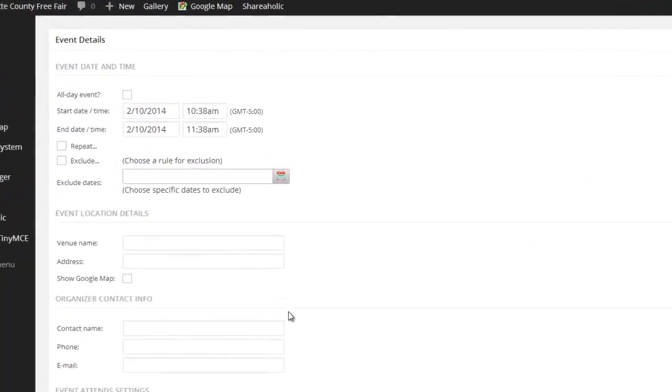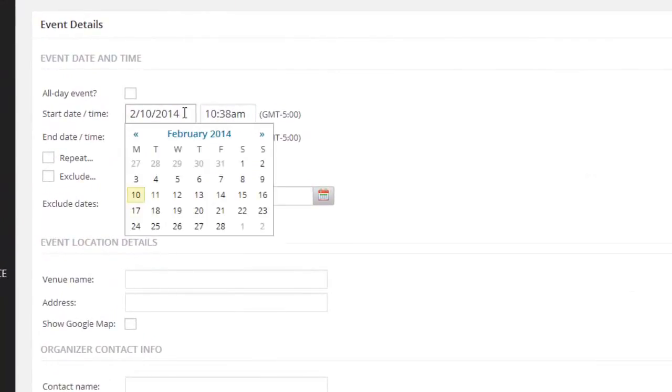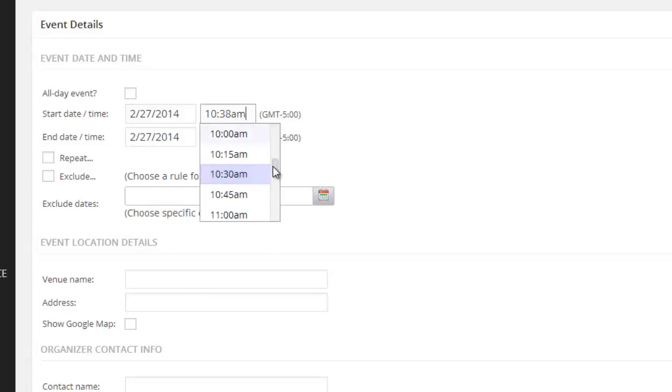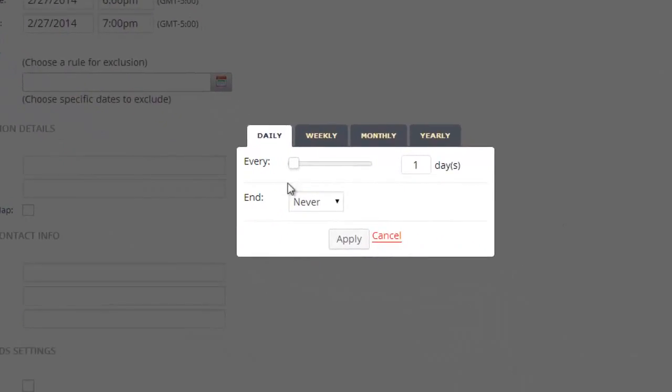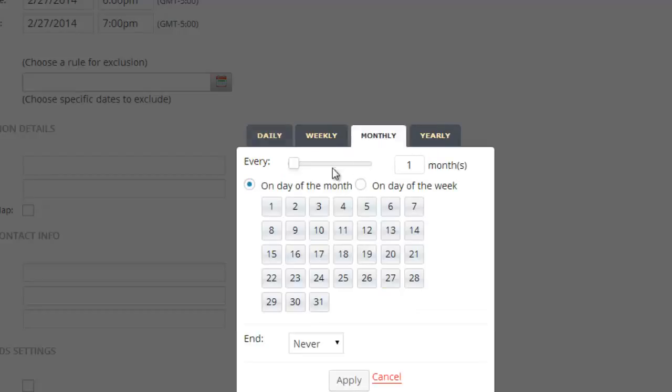Now if we scroll on down, we'll see where we can detail the information about that event. The first thing we want to do is give it a date. In our case, it's the fourth Thursday of each month, so we're going to pick here, and we're going to change our time to 6 p.m. and we're going to have it last an hour. Now, this is something we do monthly, so we can repeat this event every month. And here we have the option of how we want it to repeat: daily, weekly, monthly, yearly. In our case, we're doing monthly,